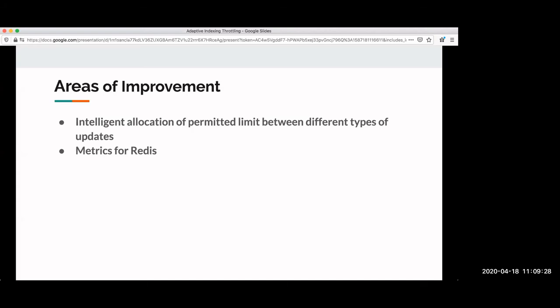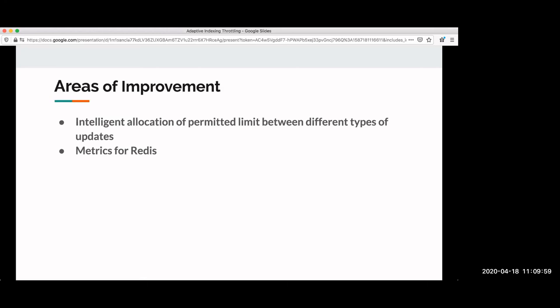So currently we just gave them a static priority list. And our system looks at that priority list and looks at the number of pending messages and figures out how many messages of each class it should process. Let me put it this way. Suppose our throttling engine said that I can process 1000 messages per second on Solr. That's the amount Solr can take. So I can write 1000 messages per second.